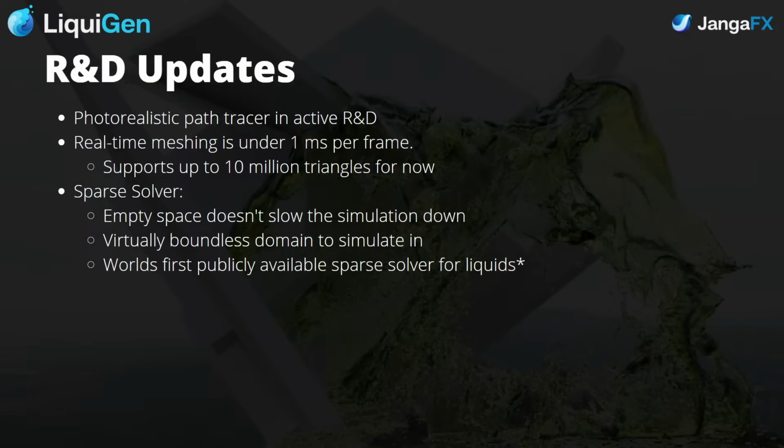We're not going to show foam. We did have it at one time. There's a video on our YouTube that's pretty interesting that shows some whitewater R&D. But what we're going to be showing today is a photorealistic path tracer that's currently in active research and development. We're going to show real-time meshing of your particles in your simulation, and it does it in under 1 millisecond